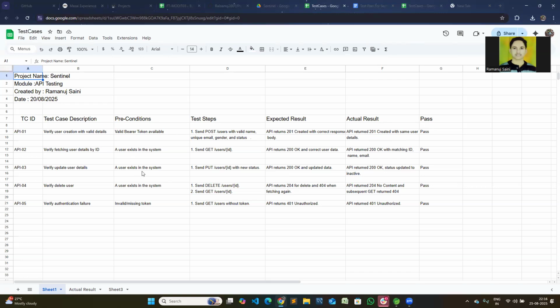In the same way, if a user exists, verify update user: we will send the PUT request, and if we get 200, it means pass. Verify delete user: it means send a DELETE request. If I get 204, it means the data was deleted.